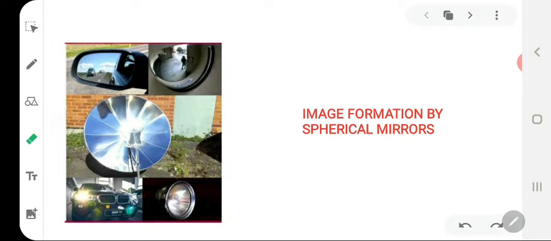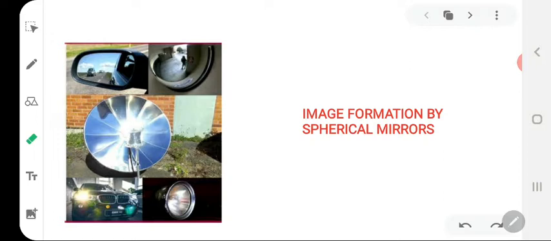To find the position and nature of the image of an object formed by a spherical mirror, whether it is concave or convex, we make a ray diagram. In fact, a large number of rays of light from an object fall on the reflecting surface of the mirror, because each point on an object acts as a source of light. These rays are then reflected by the mirror and intersect or appear to intersect to form the image of the object. But for our convenience, we consider only two rays out of four special rays while making a ray diagram for locating the image of an object.